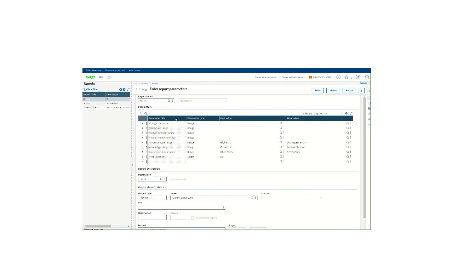So here's the allocation report, and you'll notice that the requirement date range now has the first value 1/1/2025 and then the ending or final value 12/31/2025. So this ties back to the default values that we set. Let's pull up one more report,